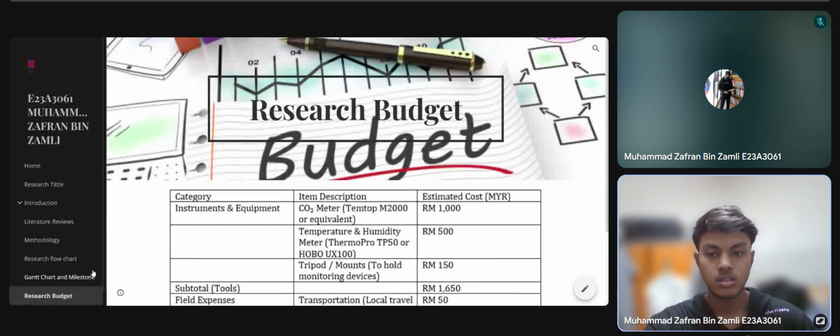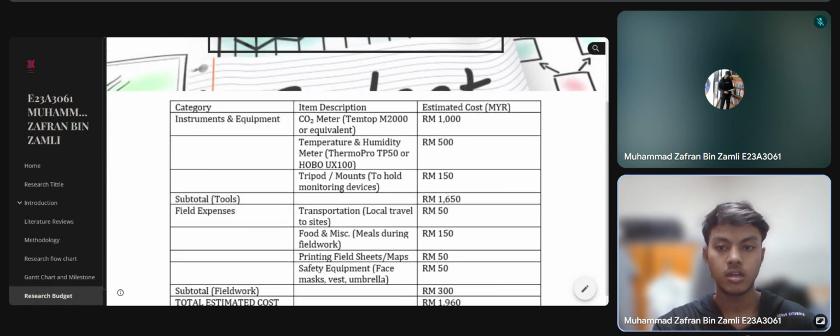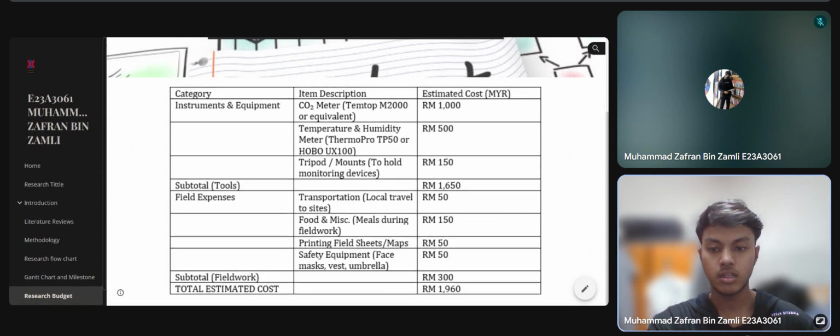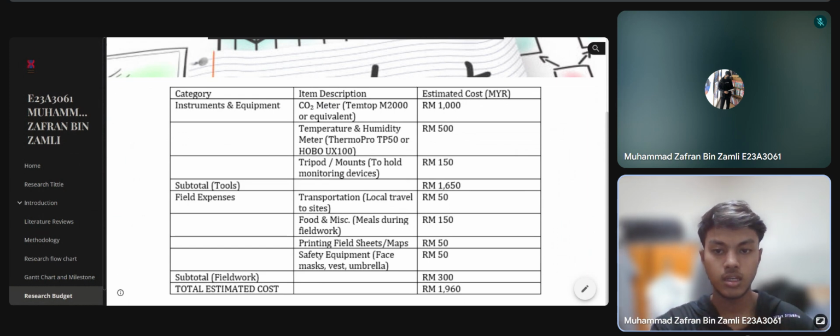This is my research budget. For the instrument and equipment, I use a CO2 meter, which has an estimated cost of around 1,000 ringgit, a temperature and humidity meter, and tripod and mounts.